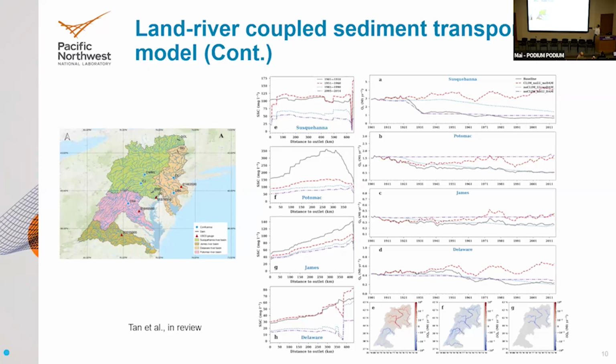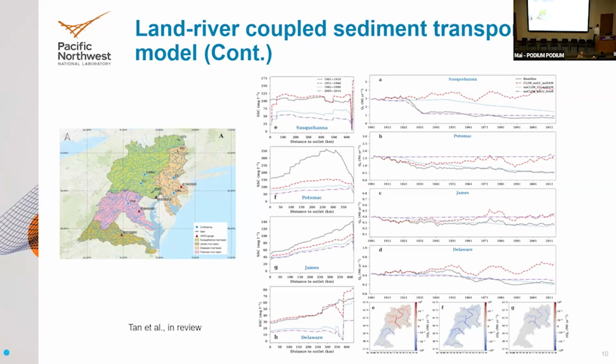But for other rivers that don't have dams, such as the Potomac River and the James River, we see that the change of SSC between the different decades is mainly due to land use and land cover change and climate change. So the right panels show the analysis we used to disentangle the effect of